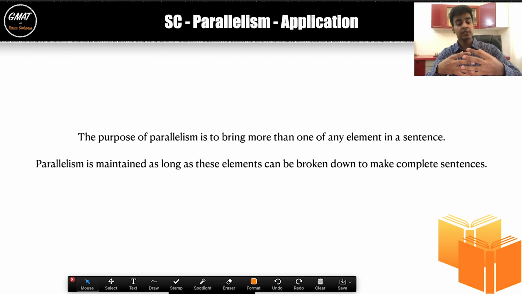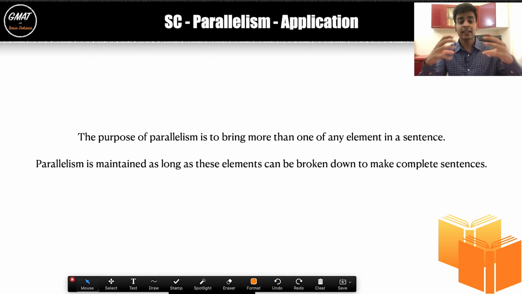Imagine that a sentence is very long, which usually sentences are when it comes to a good level of writing. Whether it's business writing or even just questions within GMAT, the sentences are long. Now, in long sentences, if I have multiple verbs, for example, I need to make sure that all those verbs agree with the number of the subject, which is called subject-verb agreement. I need to make sure it is maintained throughout the sentence. But how do I do that without a syntax? My meaning, my understanding might be able to guide me at times, but there needs to be some framework, some